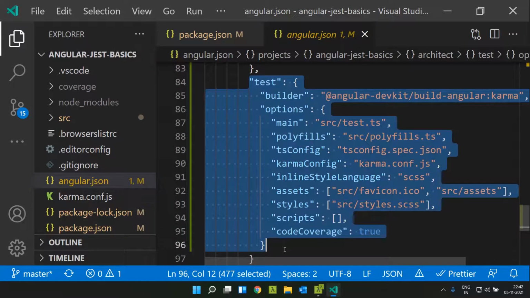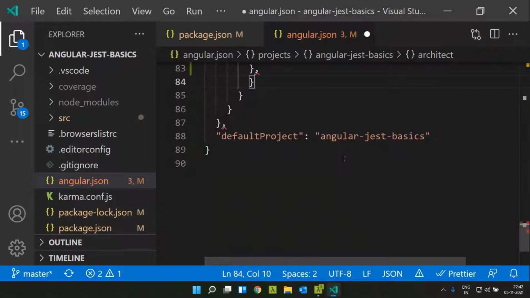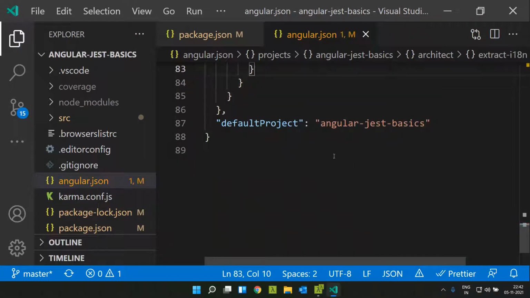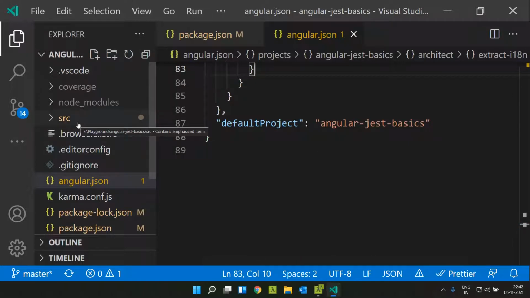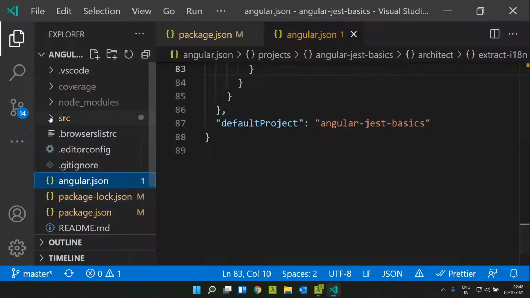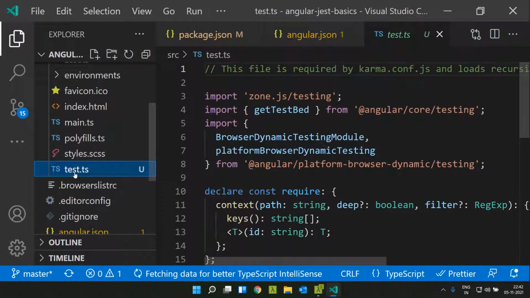So we can remove this part. And also we can remove the Karma configuration file, which we won't be needing, along with the test.ts.